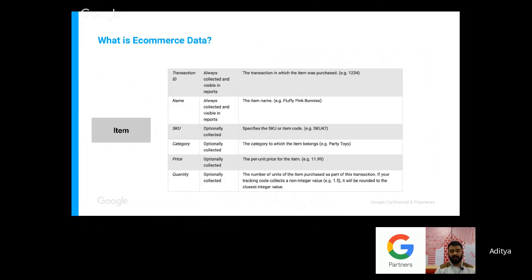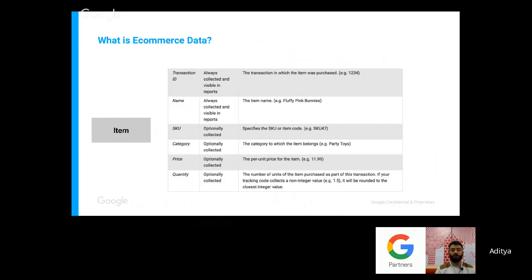And that is necessarily required to be collected. Another requirement for item level data is the name of the product. It can be anything that is set on your website, and it is always collected and is visible in e-commerce reports. So after transaction ID and the product name, we can capture SKU, which is the stock keeping unit,